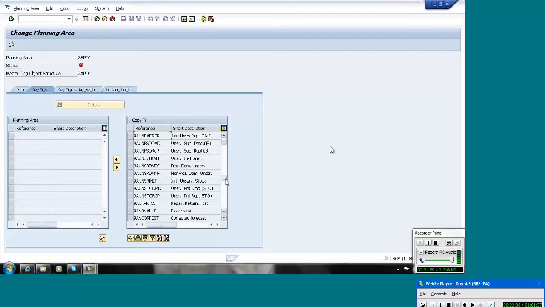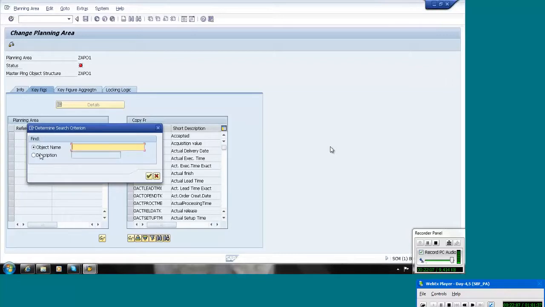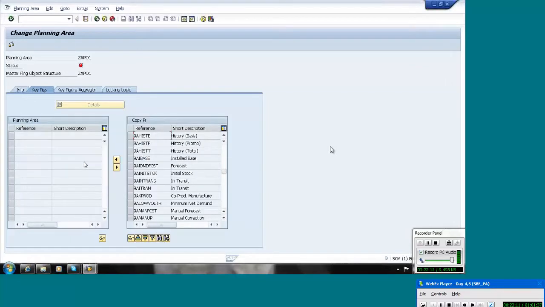Say for example, first, how we start our planning is by calling the history. So I will take the history key figure first. Based on the history only we are generating the forecast. So we will select history.